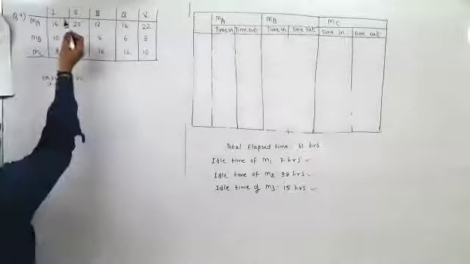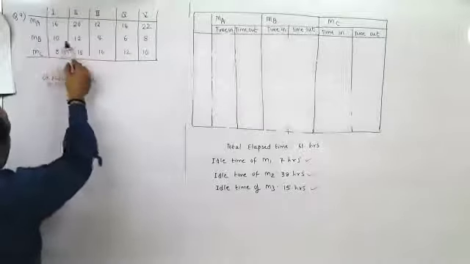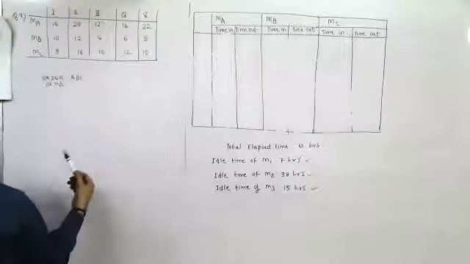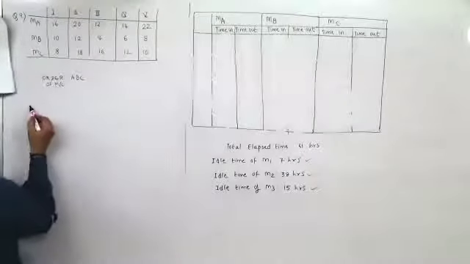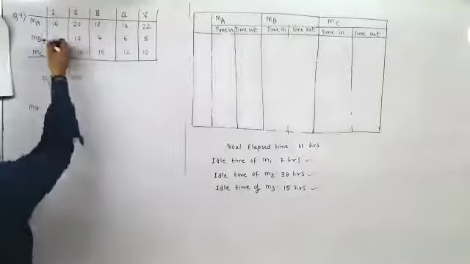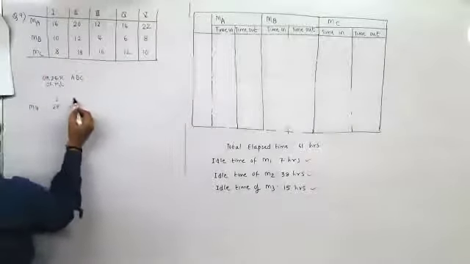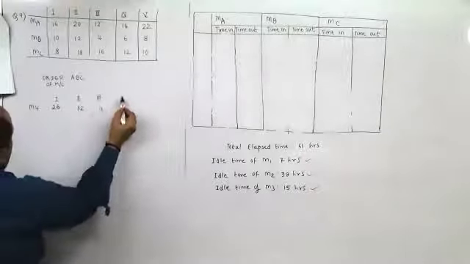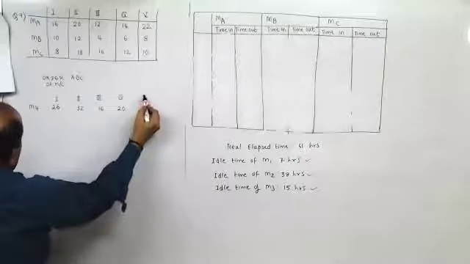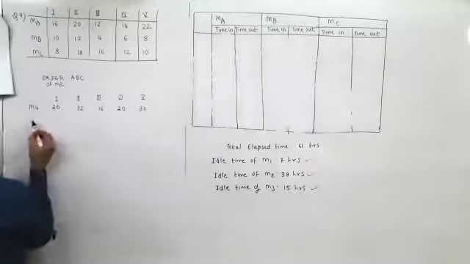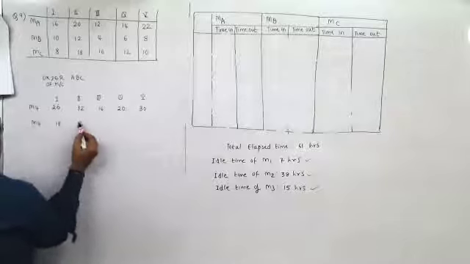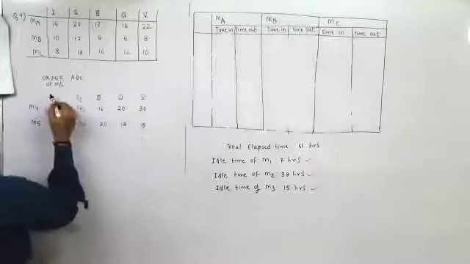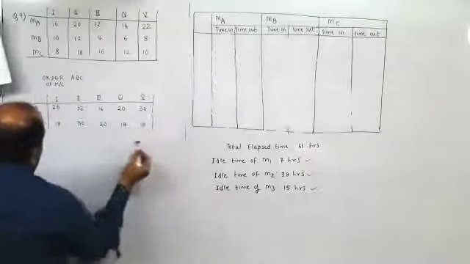Now, conditions. The largest number here is 12. The smallest number here is 12. Satisfies. So therefore, we can convert it to a 2-machine problem. Time of M4 equals MA plus MB. So this would be 26 for the first one, 32 for the second one, 16 for the third one, 20 for the fourth one, and 30 for the fifth one. For M5, it would be 10 plus 8. This is 30. This is 20. This is 18. And this is 18. We need to find the order of jobs.